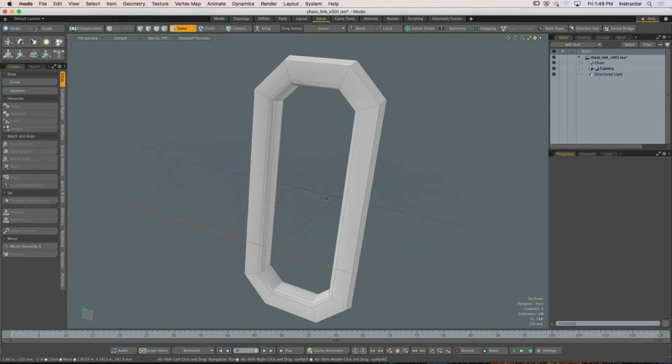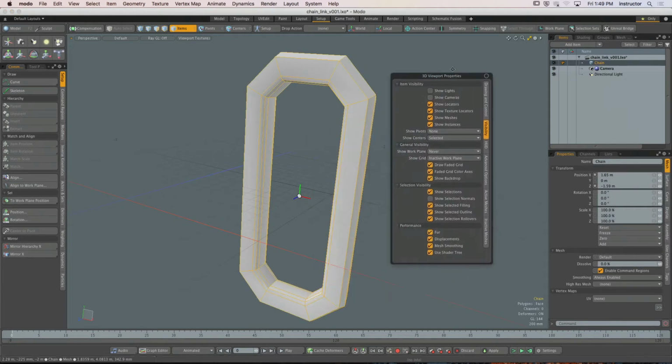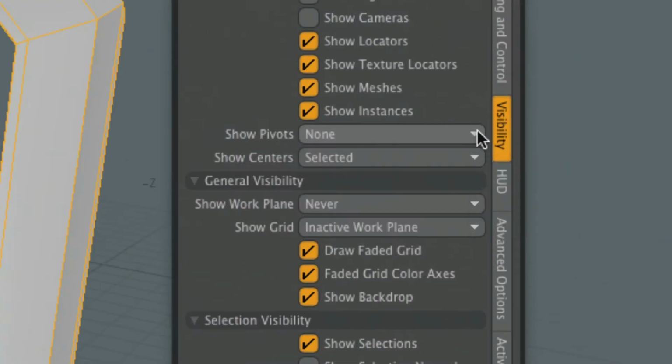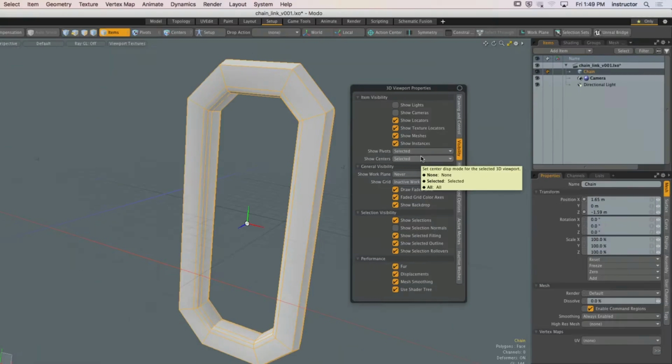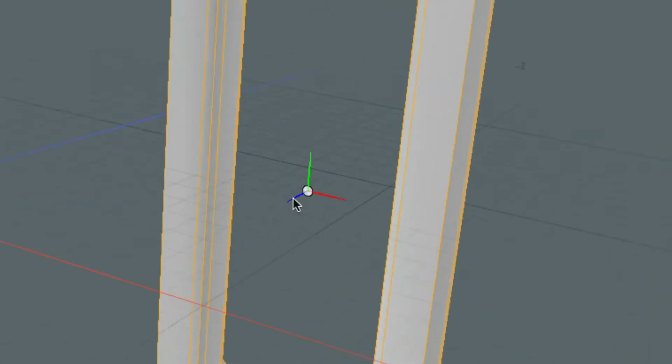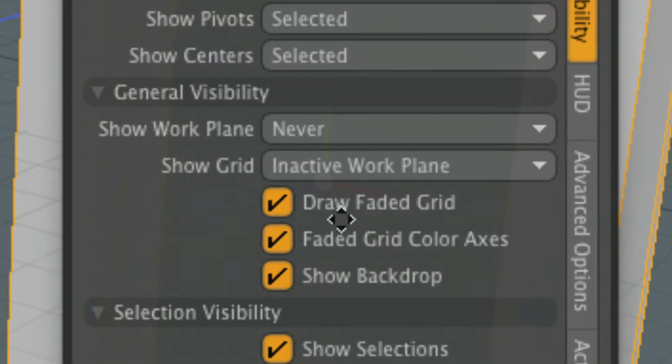So let's do this, and this is where it gets a little confusing. I'm going to go back into my viewport properties, and now I'm going to turn Show Pivots from None to Selected. And it's really difficult to see. If there's one thing, I wish we'd be viewing one or the other. We're actually at the moment seeing both the pivot point and the center point at the exact same place at the exact same time. So let's deactivate the visibility of our center point so we can view